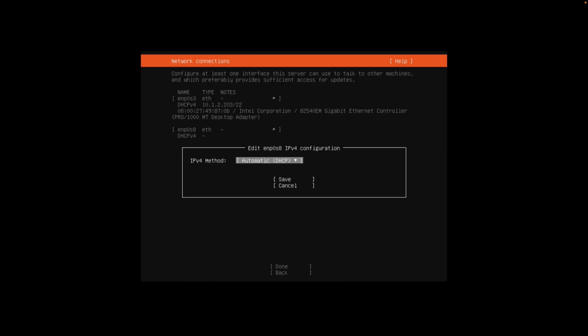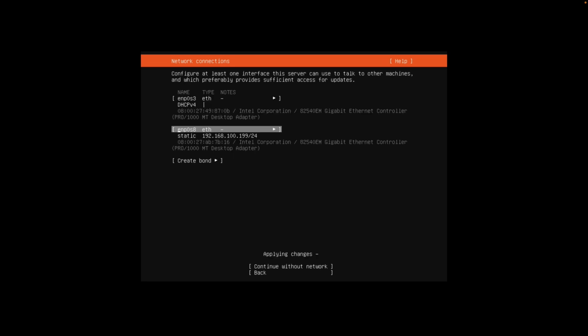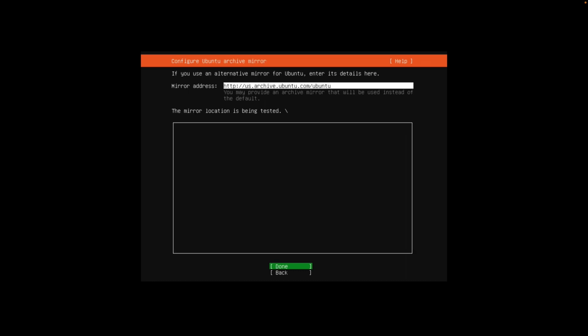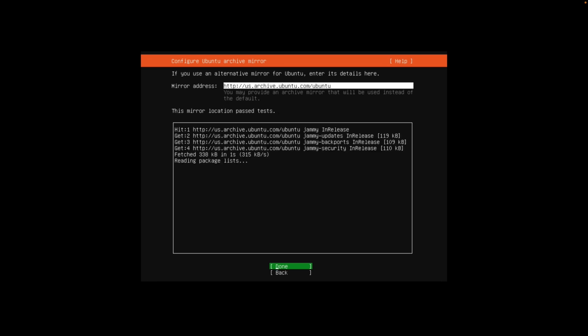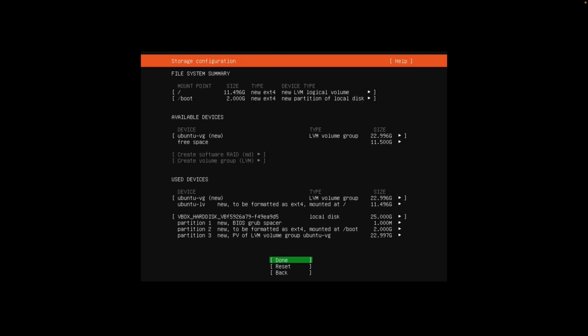So we're going to go here to edit IPv4, manual, 192.168.100.0/24, 192.168.100.199. No gateway, no name servers, no DNS. And we'll continue without network. Done. Let the mirror location testing occur. It should succeed because again the first interface is bridged, the 10.1.2.203 in my case, and we pass, and done,